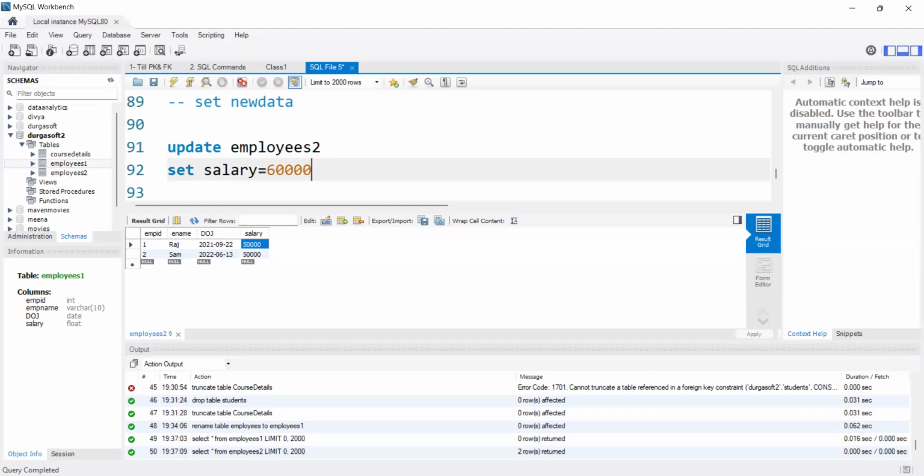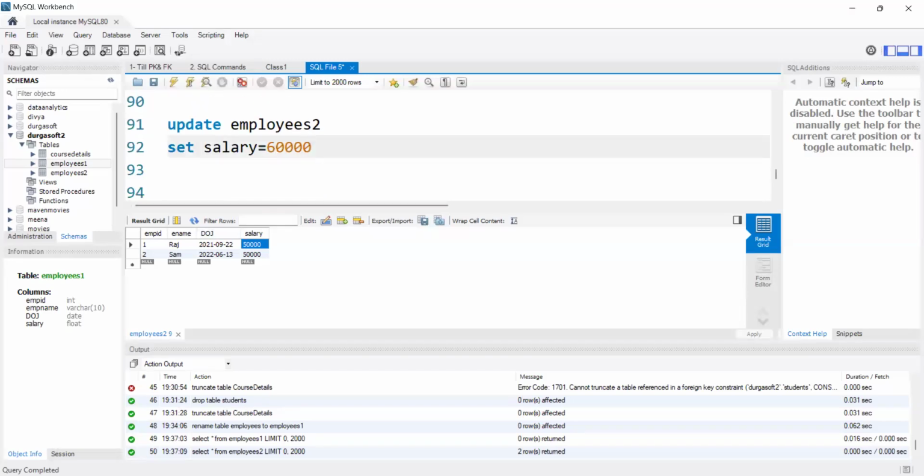60,000. Okay. But here just observe, if I write like this, what will happen? All the rows will be changed to 60,000 only, because I didn't give any condition here. I didn't specify that I want to change only Raj's salary. Right. So whenever you are dealing with the update command, we need to be very careful in real time, because